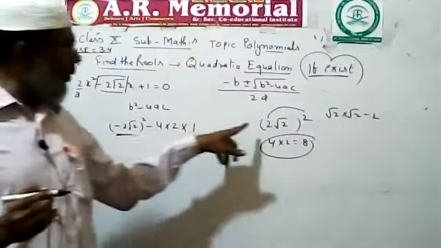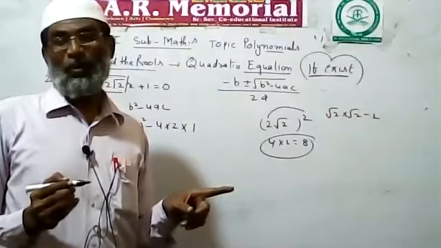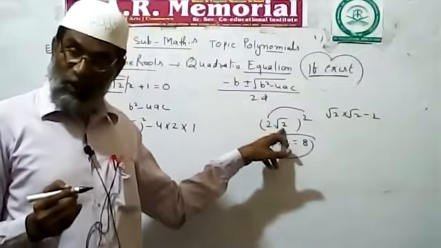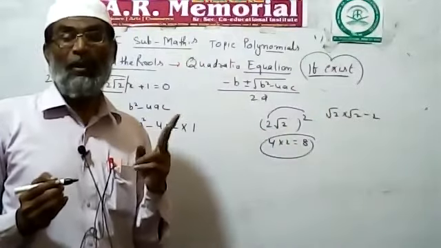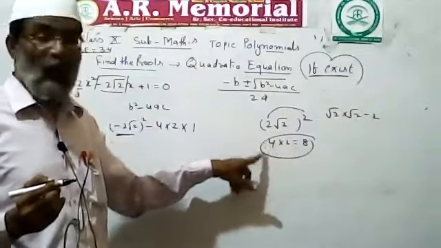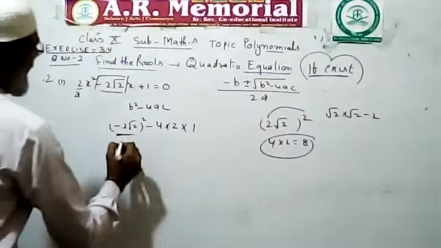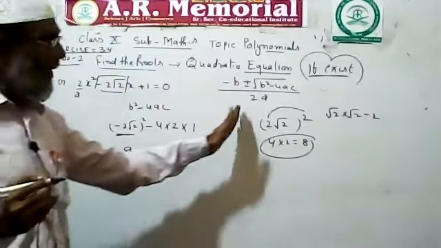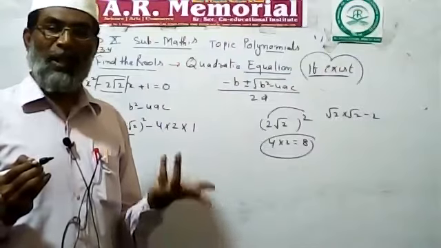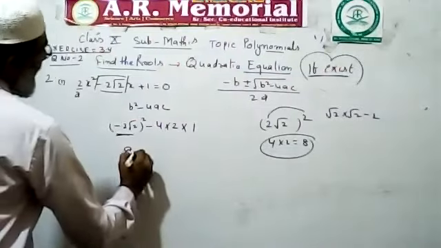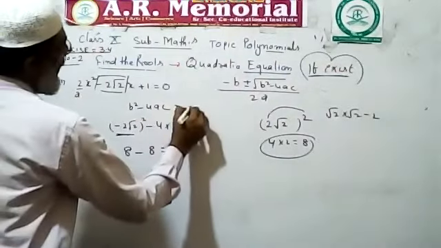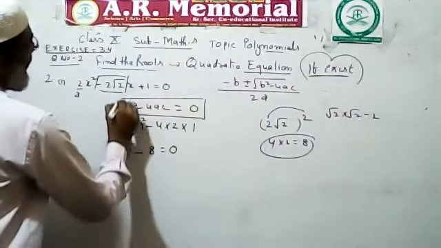Clear cut. You look, root 2 root 2. 2 root 2 is squared. We will square this one and this one, both. This should be squared, and also write their product. This square is 4. This square is 2, and write their product is 8. So this side is 8. Sir, positive or negative? In the multiplication, the square of any number, will it be positive or negative? The answer is always positive. 8 minus 4 into 2, that is 8, is equal to 0. So here this one is the 0. Our discriminant goes to zero.